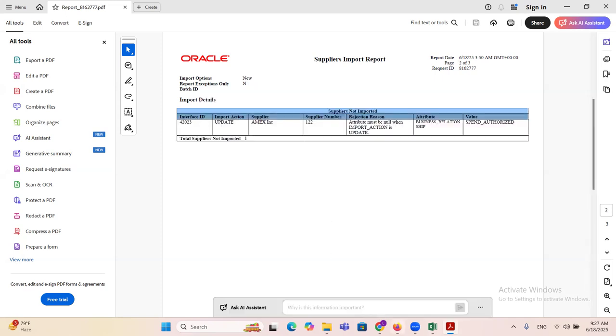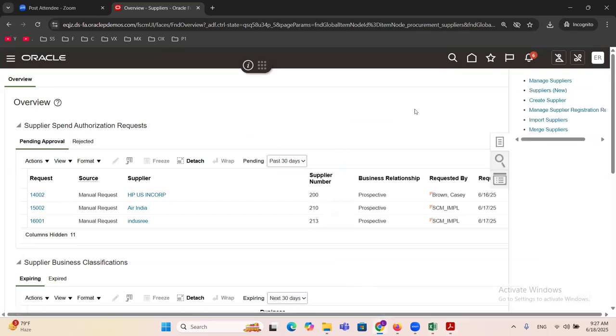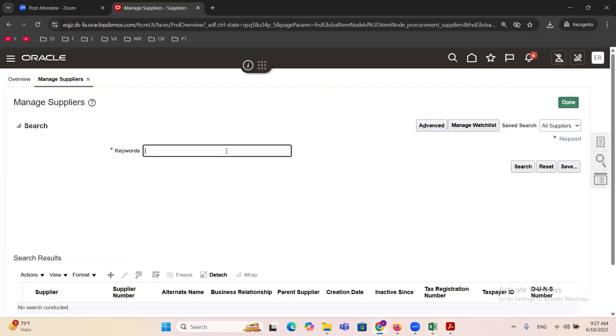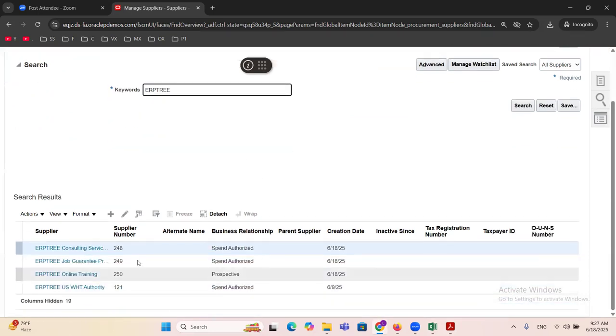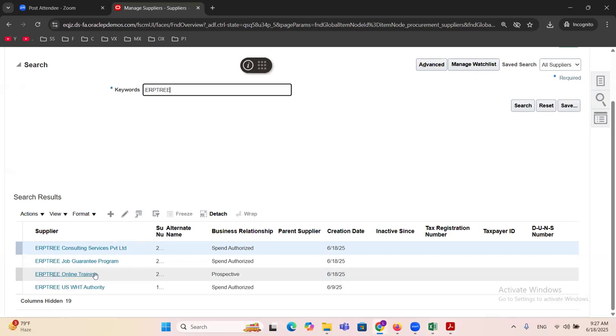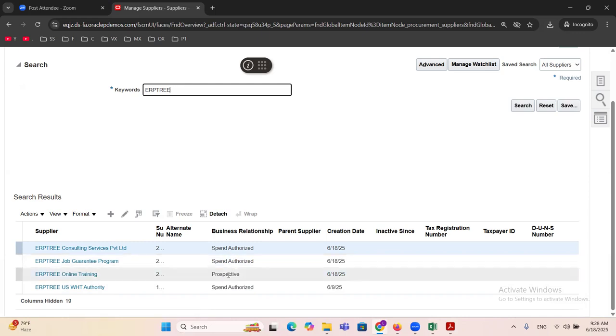Yeah. So we'll just go and check. We will check at instance level, then we will resubmit. That record will get corrected. It will update. So manage suppliers, search with ERP3. So ERP3 Consulting Services, Job Guarantee Program, ERP3 Online Training. These two we created as a business relationship, spend authorized. This one is as a prospective. If you open this supplier,